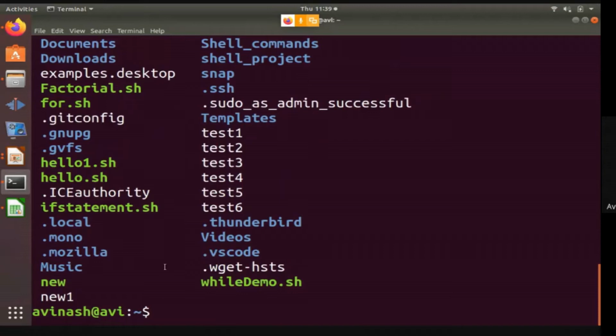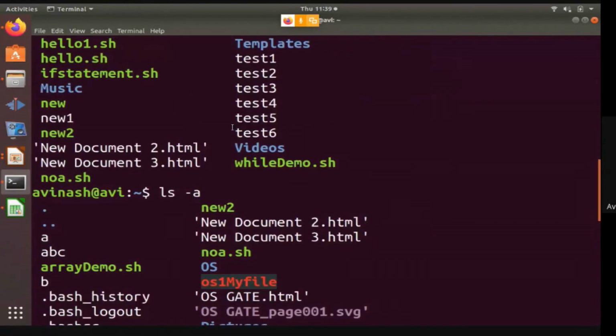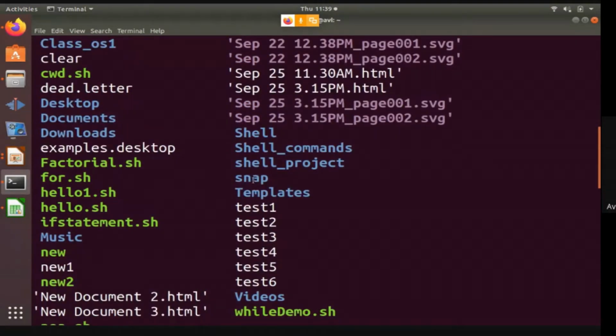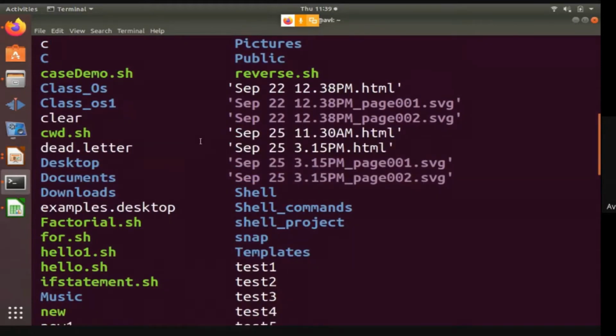Now we can see the output of both the commands. You are observing that some of the files are starting with a dot, which were previously not visible. So all these are the hidden files. Let me show you the first output also. This is the plain output of the ls command, and you can see there is no file which is starting with a dot.